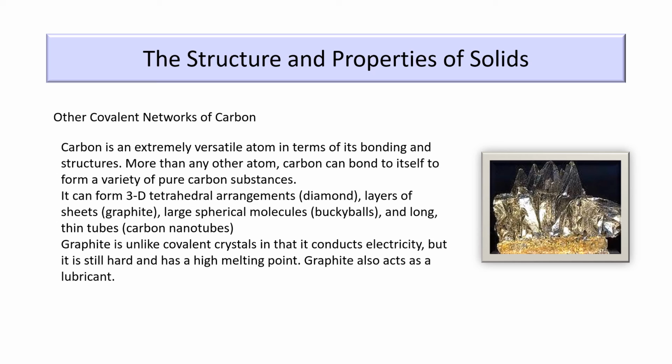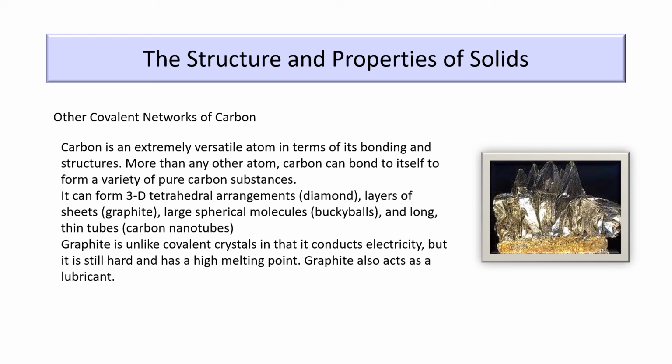It can form 3D tetrahedral arrangements, as in diamond, layers of sheet graphite, large spherical molecules, buckyballs, and long, thin tubes, carbon nanotubes. Graphite is unlike covalent crystals in that it conducts electricity, but it is still hard and has